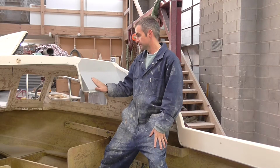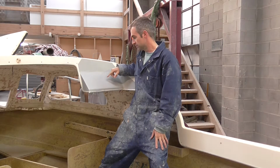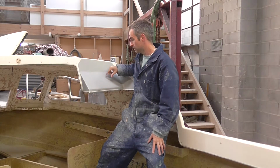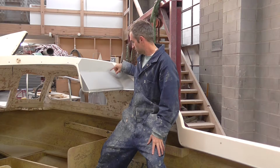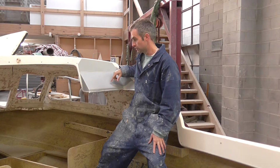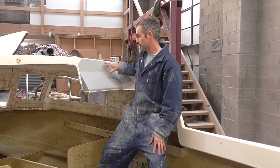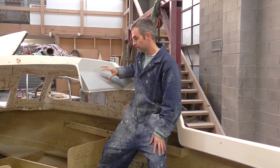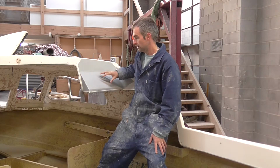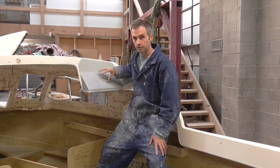Okay, so next along is the dash. So basically what we had is we had some holes locating the old steering gauges. What's going in the back of this is a new Yamaha, so they want to have new locations for their instruments and also for their control column. So what we did is we went through and filled all the holes. As you can see, the finish over the top at the moment is with one of our fill and sand high fill primers that we get from PPG. It does an excellent job in filling in pinholes,